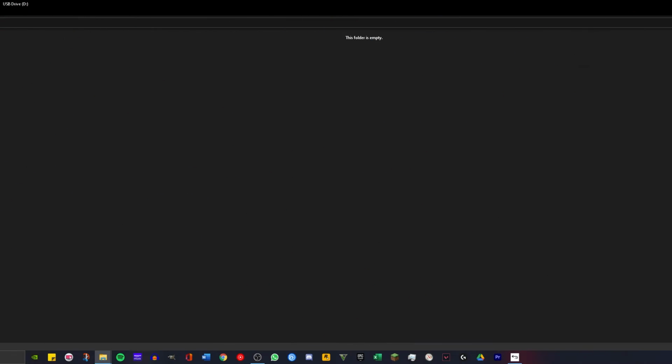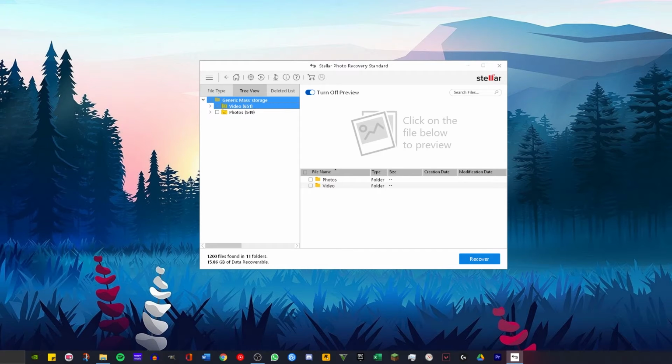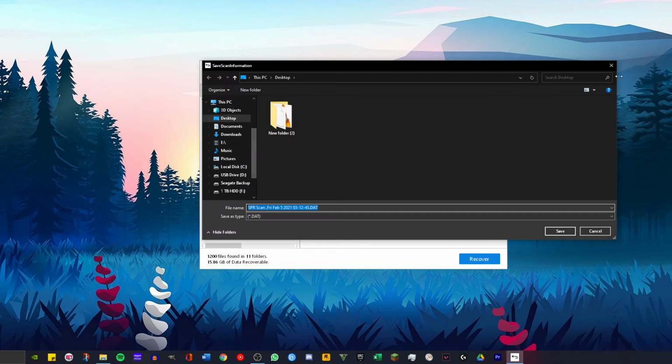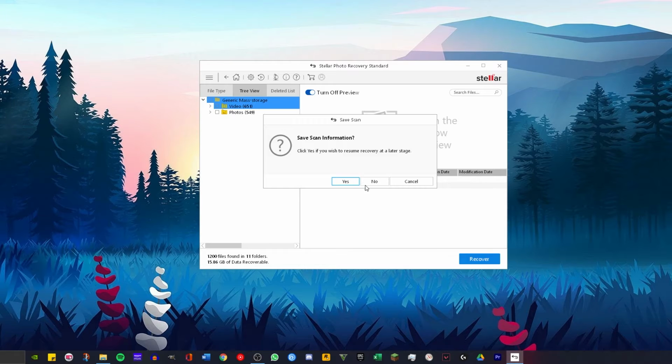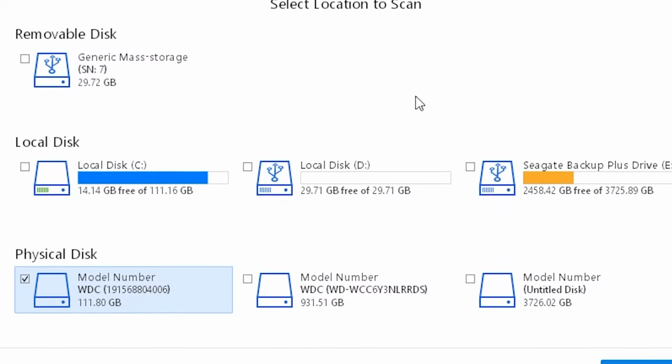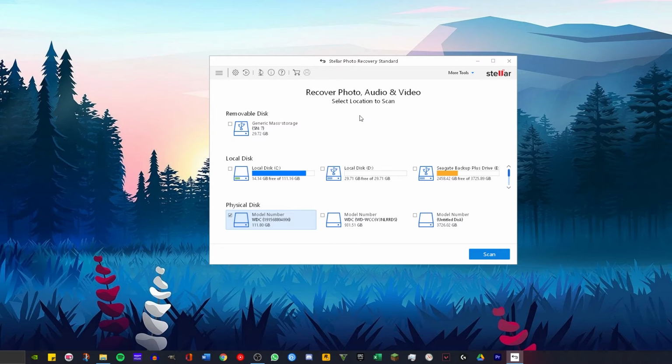If you by mistake delete some files from the desktop, like the root file I deleted from the desktop, you can always go back to the home and just recover like local disk C, local disk D or any other disk that is connected to your computer. It is a very useful application that I use to recover photo, audio and video just by selecting the drive